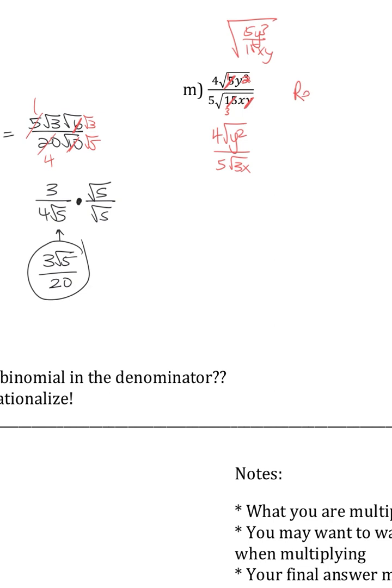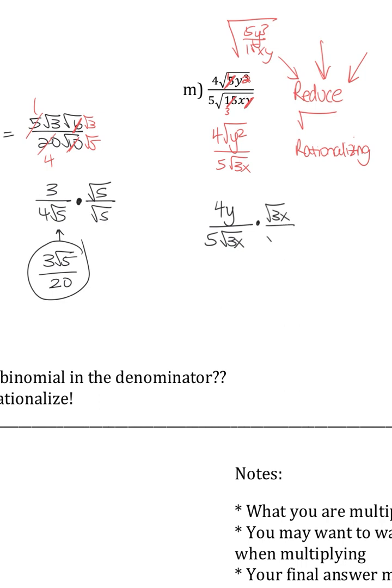So I look to reduce first. Then I take the radical next, because sometimes when you take the radical, you never even have to rationalize. In this case, I'm going to have to, but every now and then the denominator will simplify enough that our last step, which would be rationalizing, doesn't even need to be done. So try to remember this little procedure here. Reduce, then take the root, then rationalize at the last step if you need to. So in this case, the only root I can take is in the top. That y will come out evenly, and I will get 4y over 5 times root 3x, and then I need